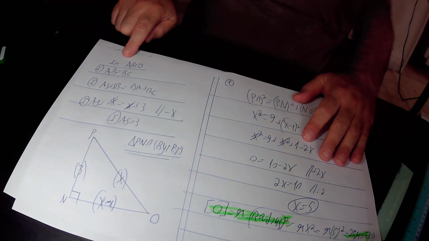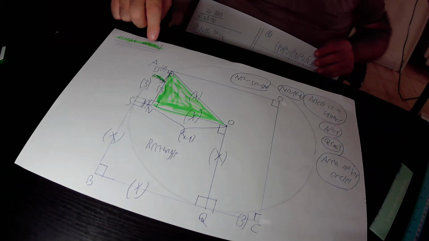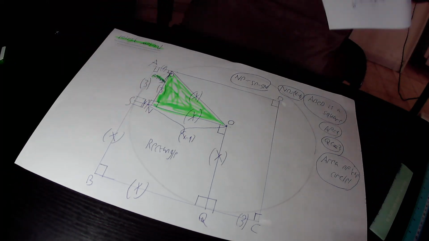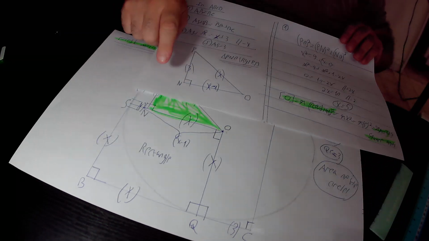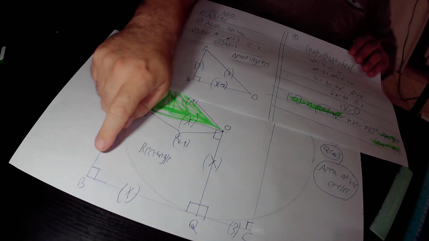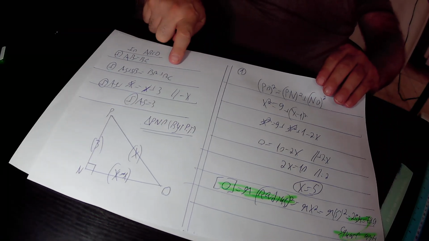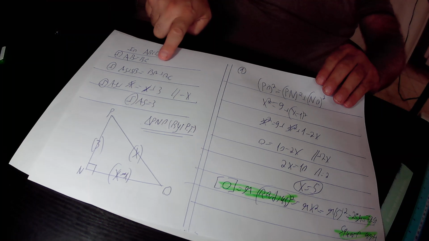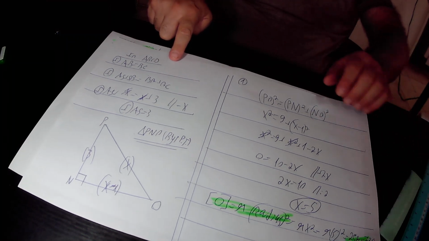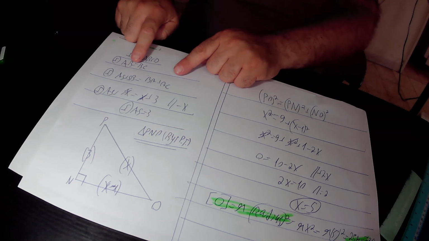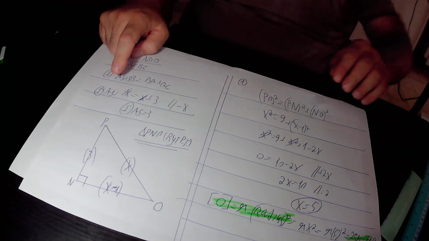So in square ABCD, side AB equals side BC. AB is AS plus SB, and it is equal to BC. BC is BQ plus QC. So in total, according to equation 1, we have found out that AS plus SB equals BQ plus QC. AS is the missing side, so we leave it as it is,